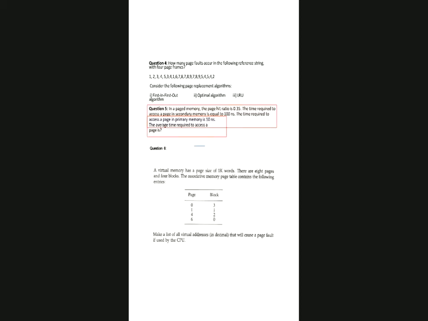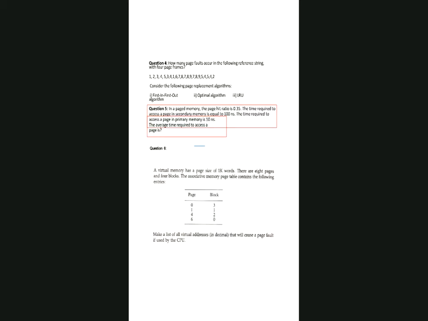Today in this session, I will be taking memory management sheet, which is sheet 3. I request all of you, those who have already logged in, the slide which you see on your screen, please download onto your laptop, okay? The sheet which I have uploaded, you can download onto your laptop.